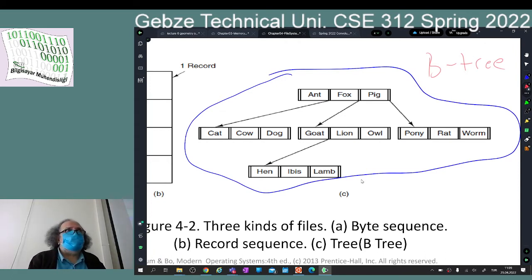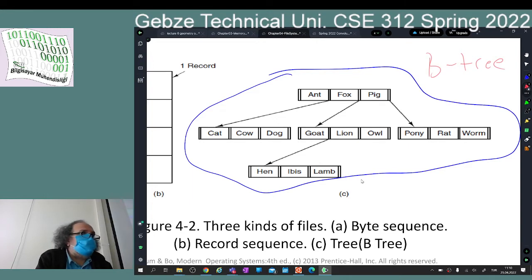So a file is structured like that, and you might say that this is too restrictive. What if I don't have a key field or index field? Well, you are not going to use this file system then. But usually in those days, when you say secondary storage for a company, for a bank, the secondary storage means that you keep your user data, you keep your customer data. As a bank, your customers have